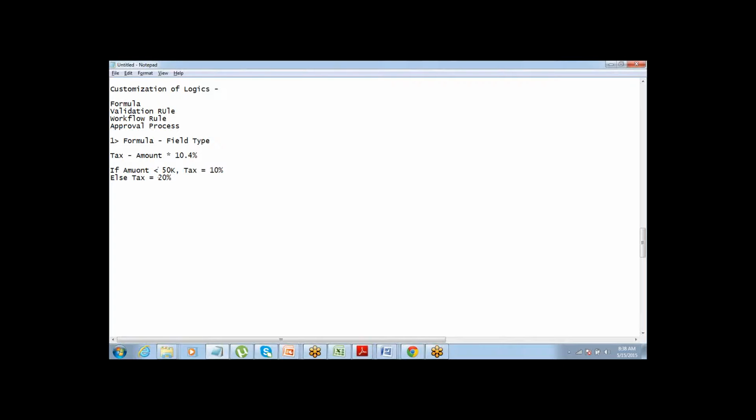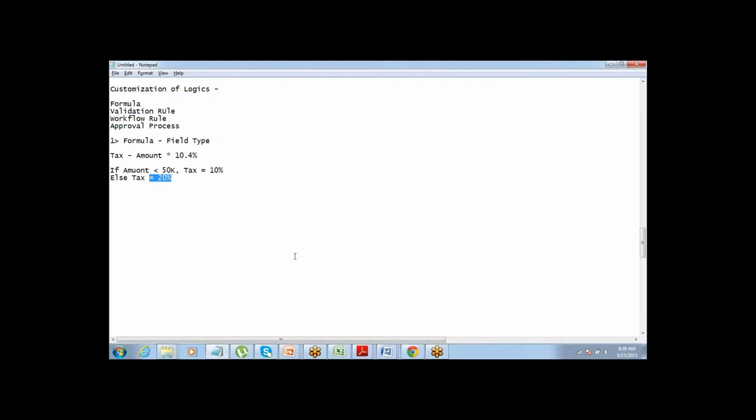Or if it's more than 50,000, then tax equals 20%, right? So this can be one logic. A company can have these kinds of logics as well. If, depending on amount value, they want to calculate the tax, then it's pretty simple.